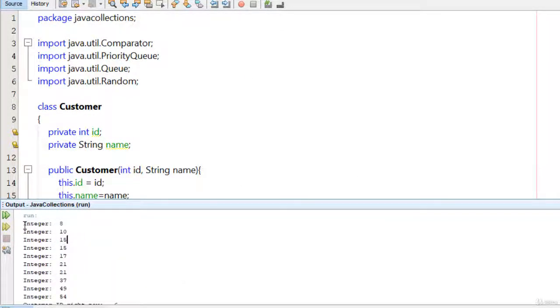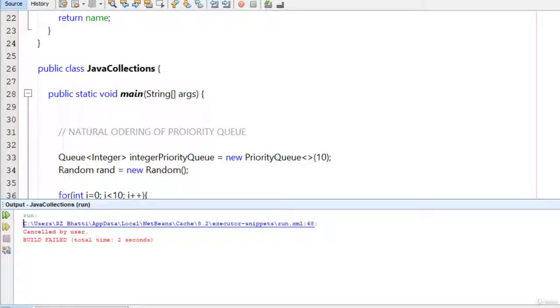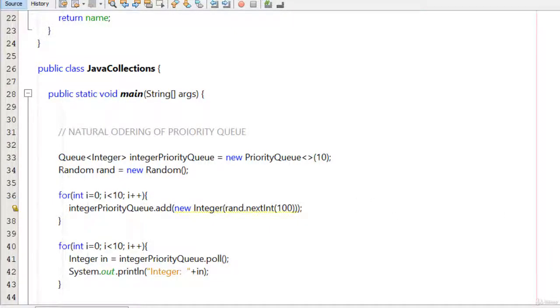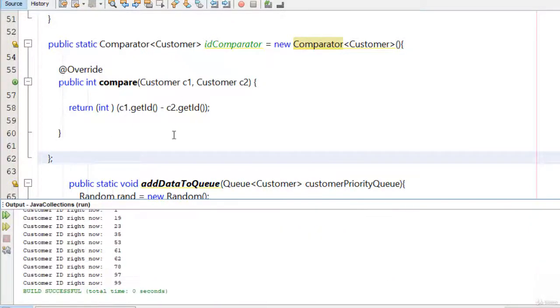Okay, in this process we have used the natural ordering. You can see here this is the natural ordering. And second time, so first of all, remove the error from here. Where is the error? Okay, so we know that after anonymous in a class we have to use this semicolon. Okay, so now if I run my program, you will see